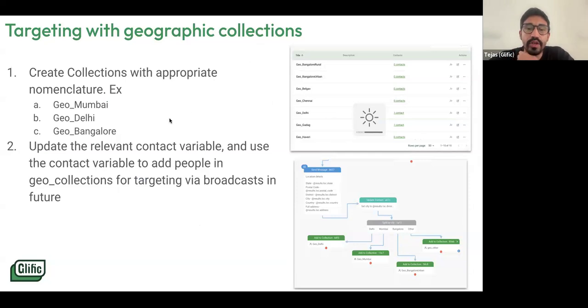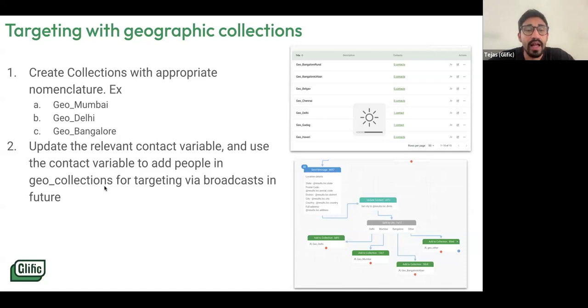While I was working with Reap Benefit, our use case required us to maintain contacts who have come from different geographies within India, so that we could nudge them with hyper-local problems, hyper-local campaigns and hyper-local events that they could get involved in. That required us to map them at a city level, or at a district